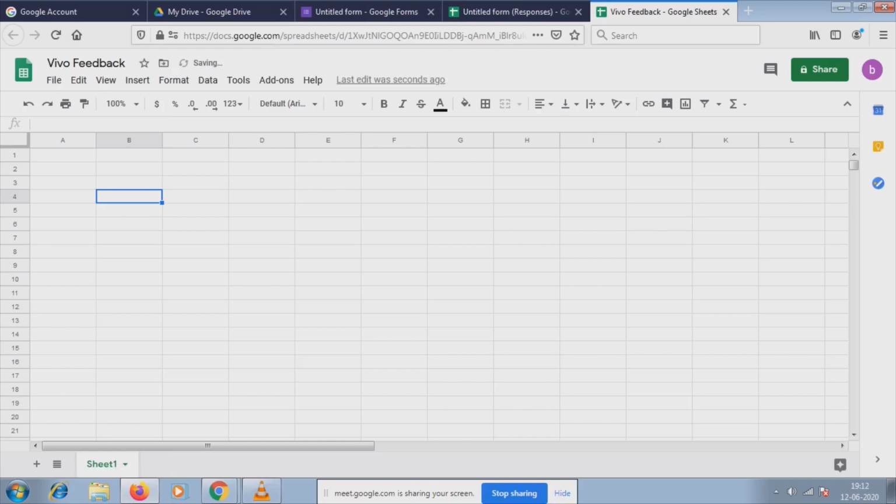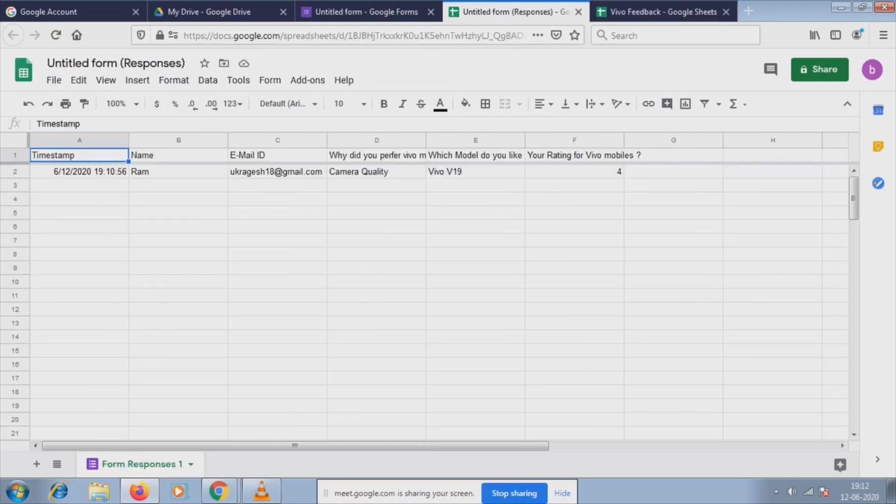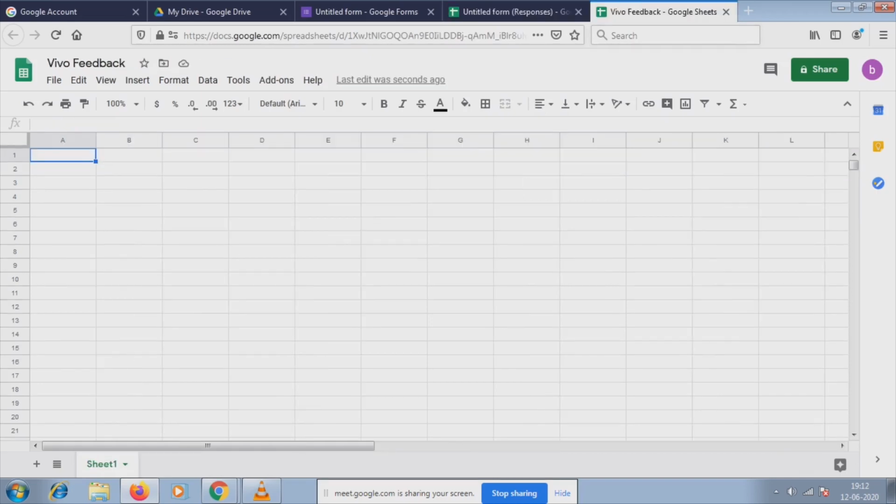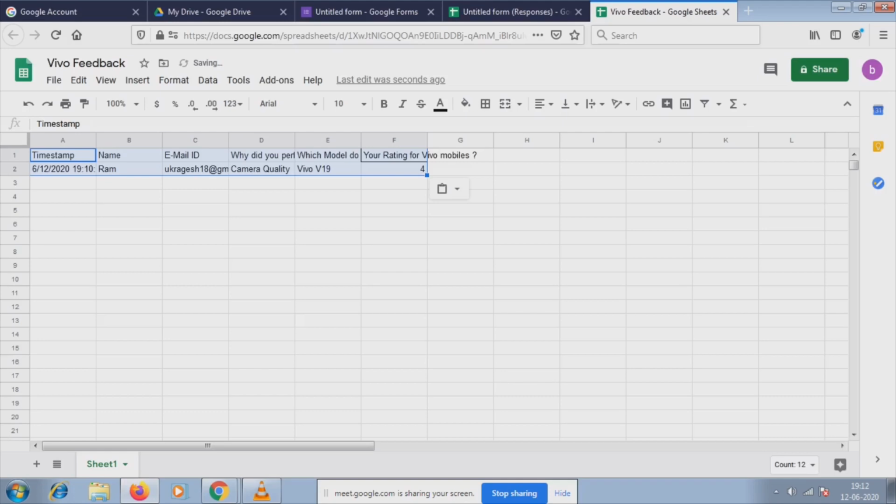So I'm copying the data from the untitled sheet to this Vivo feedback sheet. The entire data, as well as the column names, so that the column names will be matched from the Excel sheet to the template through Autocrat. So column names are also important, whichever we use in Autocrat and in the template to match. I copy pasted it, and now I'm going to